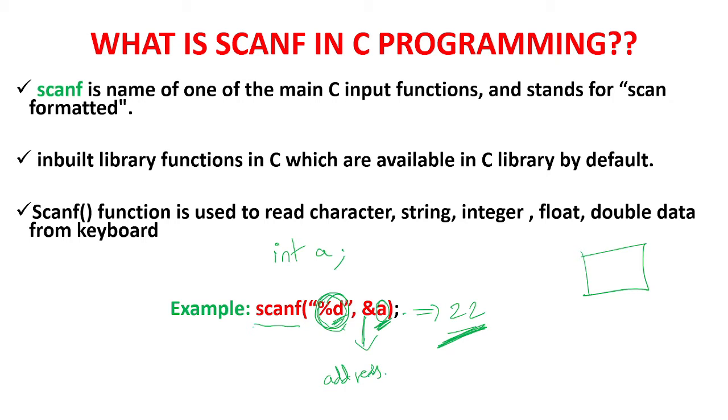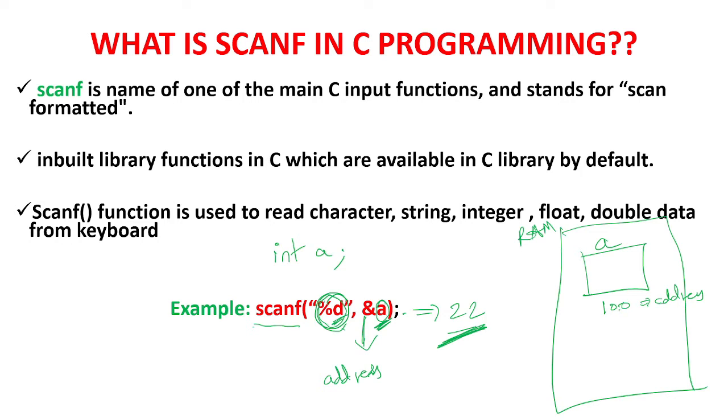Everything inside the memory has an address. So this variable, wherever it is in the memory, in the RAM, somewhere there is a. So where is a? The address will tell. Now a is at the 100th position, so the address of a is 100. Everything has an address inside the memory. So where a is, that address will tell. That's why this address symbol is used. So 22 will be stored at the address of a, wherever a is.